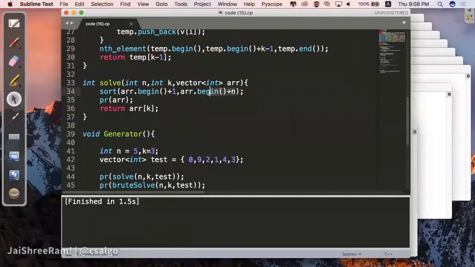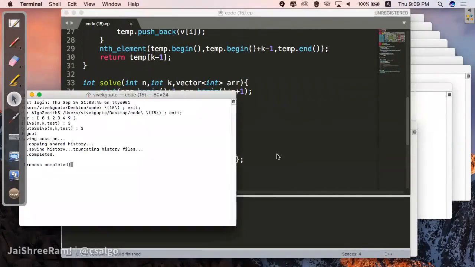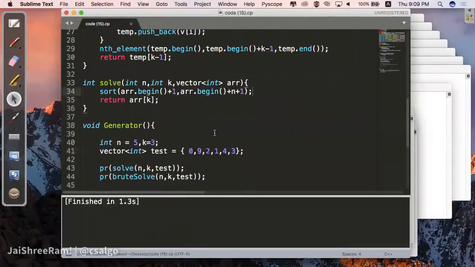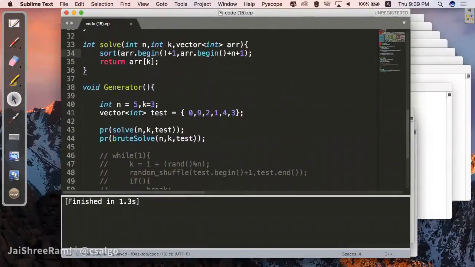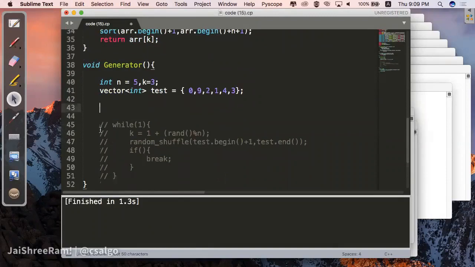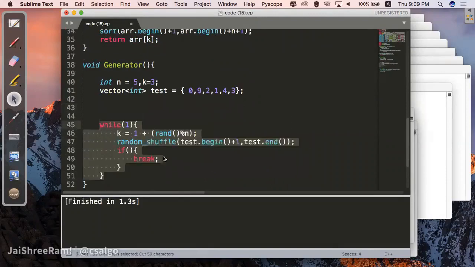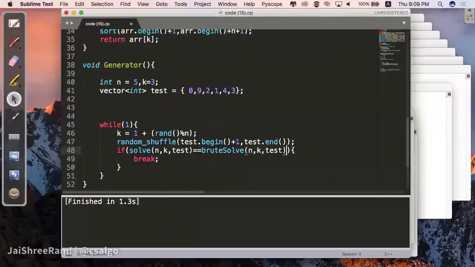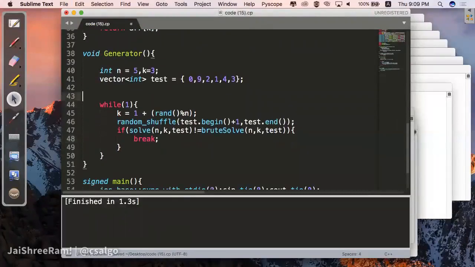So I have taken a wrong indexing over here, and I should have taken it like n+1. Now if I run it, I will see that both of them give me 3 and 3. Now let's go back to the original format over here. Let's quickly uncomment these and put in these conditions over here. Let's remove this. We want to check whether my code is now correct or not. Is there some other case where I'm failing?